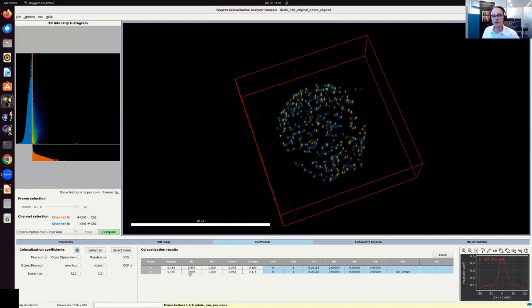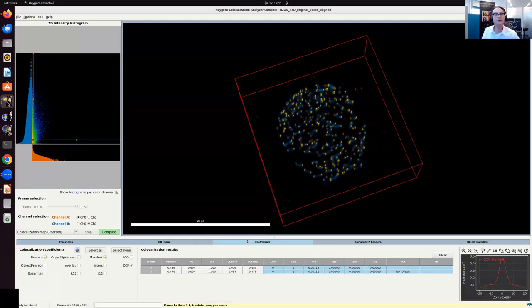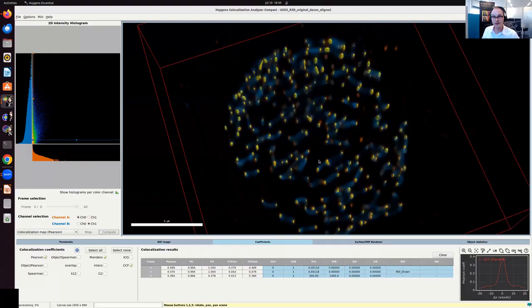Then you'll notice that the Manders coefficients are both quite high. That's because to get the effective Manders coefficient, I need to set a threshold. So in this case, for channel A, I'm going to stick to a 5% of the maximum heuristic value. And so in this case, 5% of the maximum correspond to 300 and 1,000 intensity values. And if I then hit compute again, you see that I now get the difference between M1 and M2. And we can understand that very well because